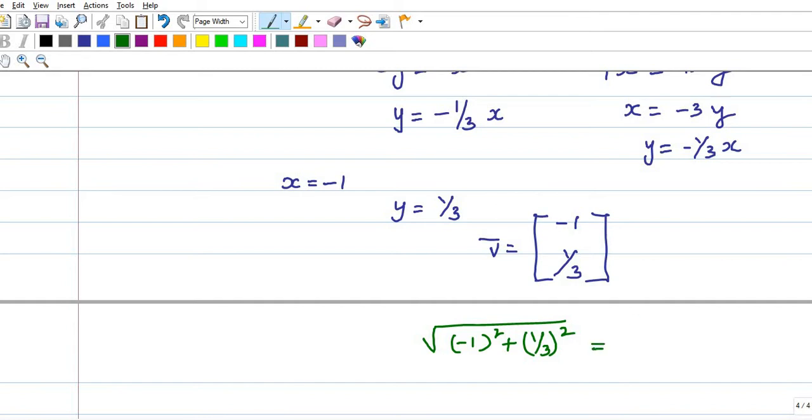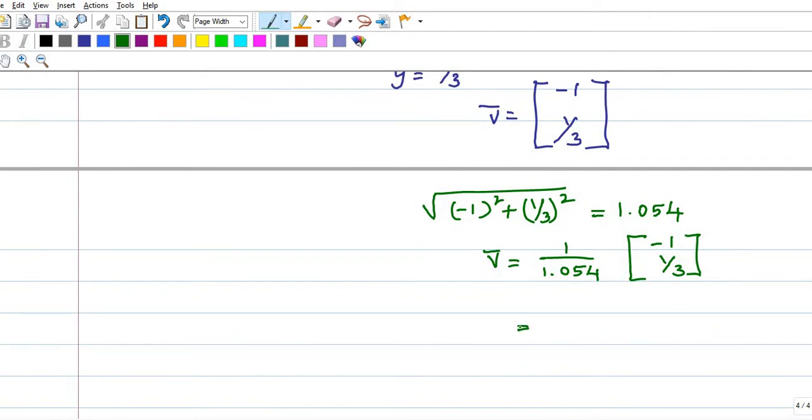This is approximately 1.054. So I need to normalize the vector by dividing by 1.054. -1 divided by 1.054 gives -0.9487, and 1/3 divided by 1.054 gives 0.3163. Let me verify whether I am getting it correct.